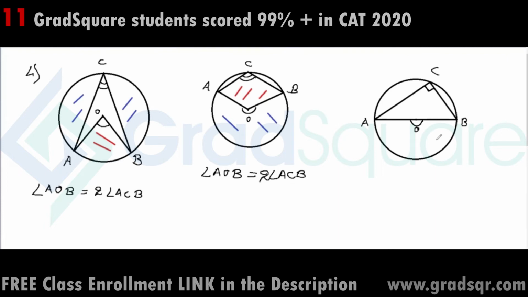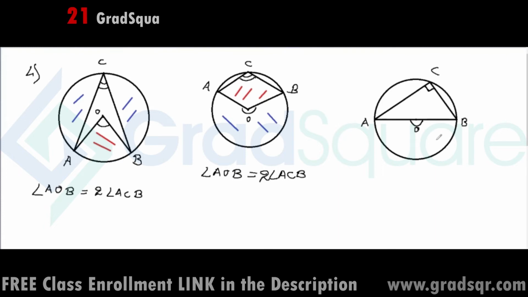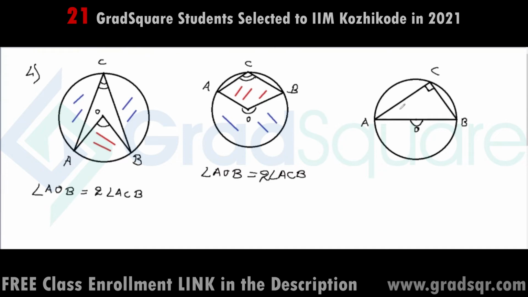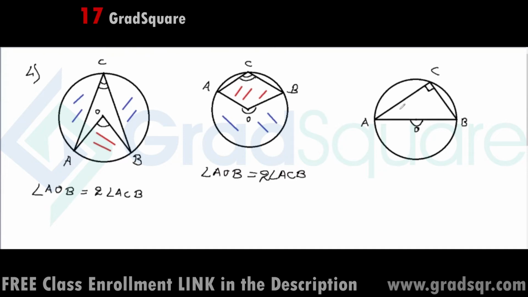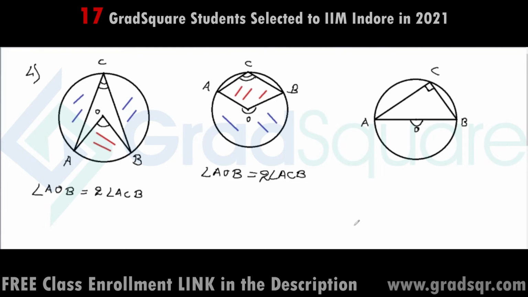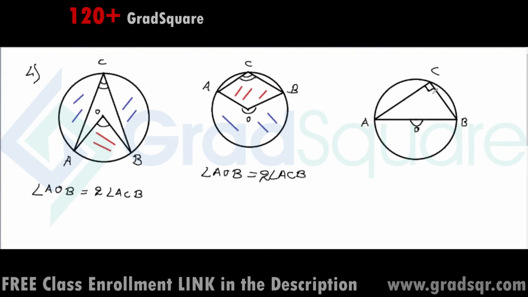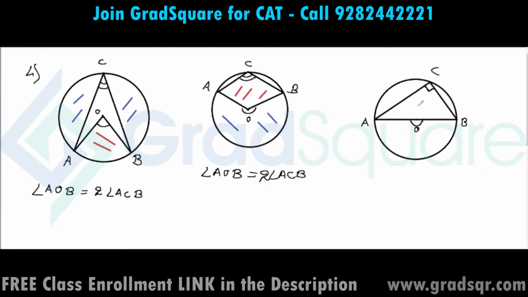Why? Because we have to understand that whenever a diameter divides a circle's area into two halves, each of these halves is what we call a semicircle. So this corollary is also referred to as angle in a semicircle will always be equal to 90 degrees. Angle ACB is an angle being subtended at the semicircle by the two points A and B. So all angles of the semicircle will be equal to 90 degrees.